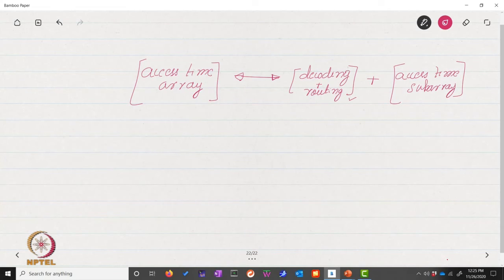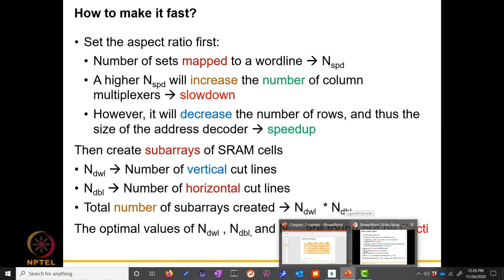But keeping these costs in mind, we need to basically see whether we have the original array or whether we split it. So large arrays are typically split into smaller subarrays, and that would make it a two-level hierarchy. Alright. So fine, the two-level hierarchy makes sense, and this is what Cacti used to do for a long time. Now of course things have changed and things have moved towards a multi-level hierarchy. Alright, so let me at least describe some slides of the two-level hierarchy, and then I'll come to the multi-level.